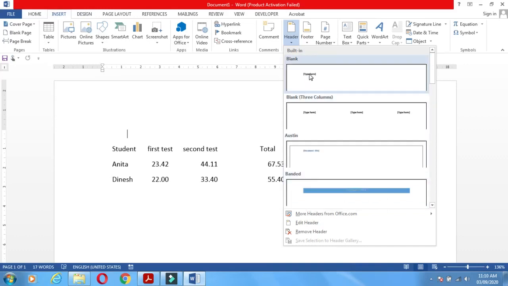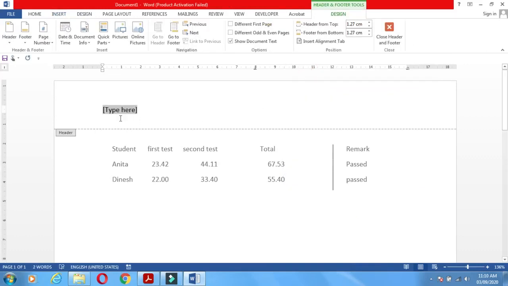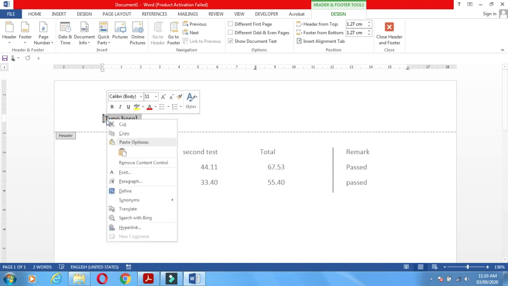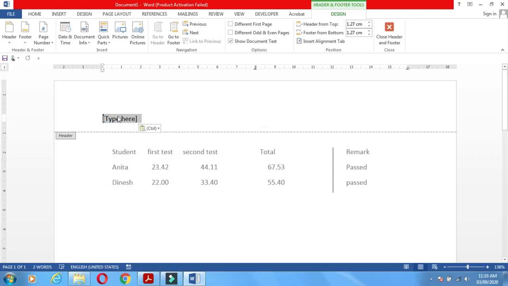If we are using this header, you can type this, or you can give the title, and that title will appear on each and every page.